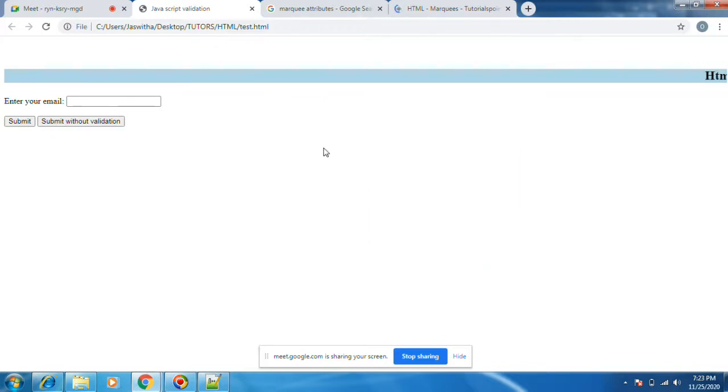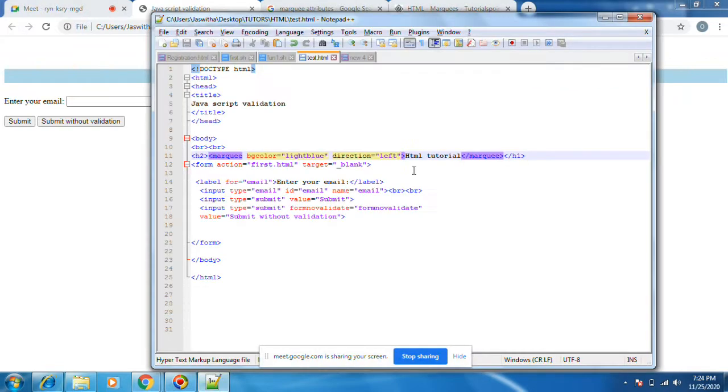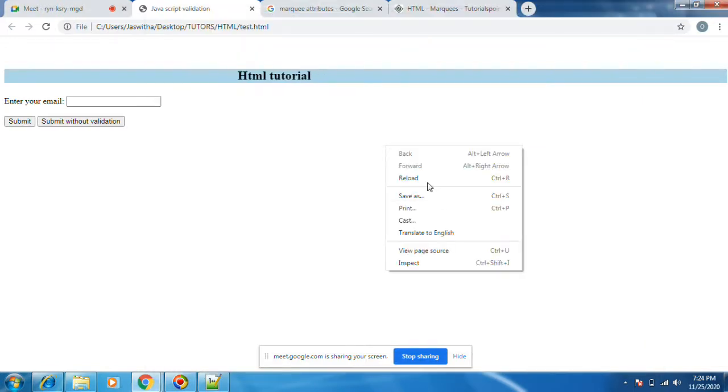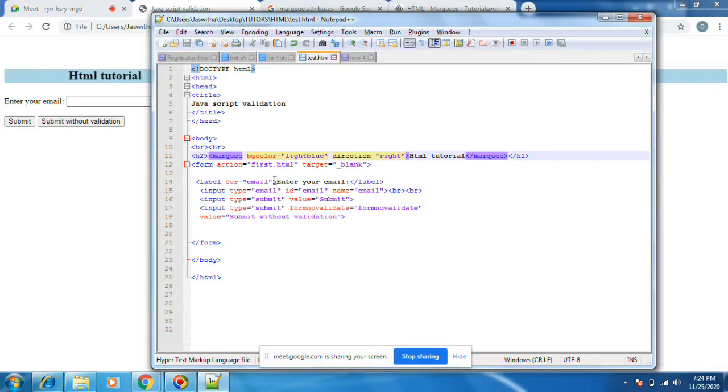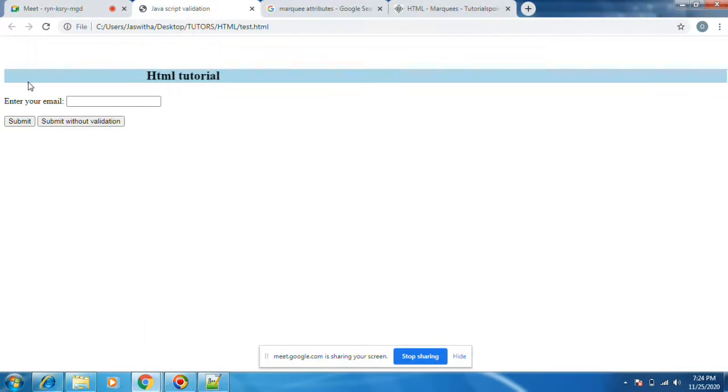Reload. Oh, it is coming like this only. Yeah, it is coming right to left. Okay, I have changed the direction. Okay, it is going like this.